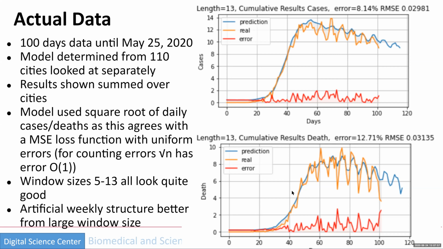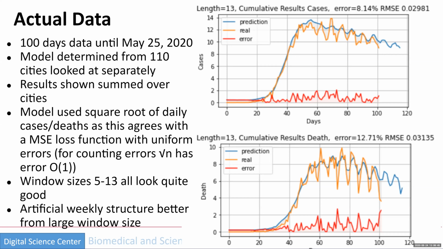The input data is fitted separately for each city. This particular summary is summed over cities. And the variable used here is the square root of n, because we're using a root mean square error. If you take the square root of n, counting errors have constant size: counting n plus or minus the square root of n is square root of n plus or minus 1. So that means the loss function represents the expected error. And you feed in a window which can go from 5 to 13. Here we show 13, and they all give good results, with the 13 for this case giving somewhat better results